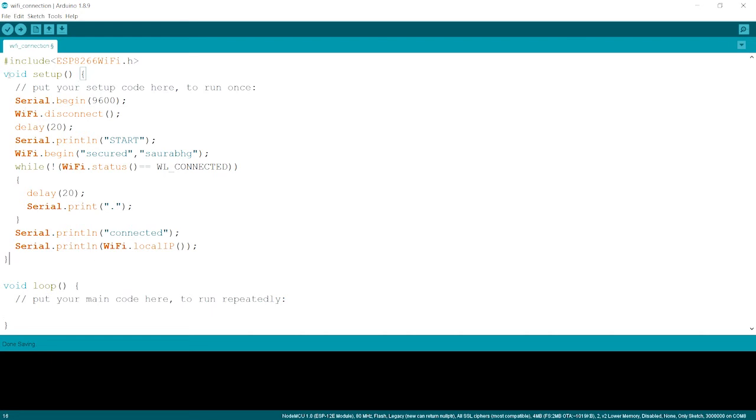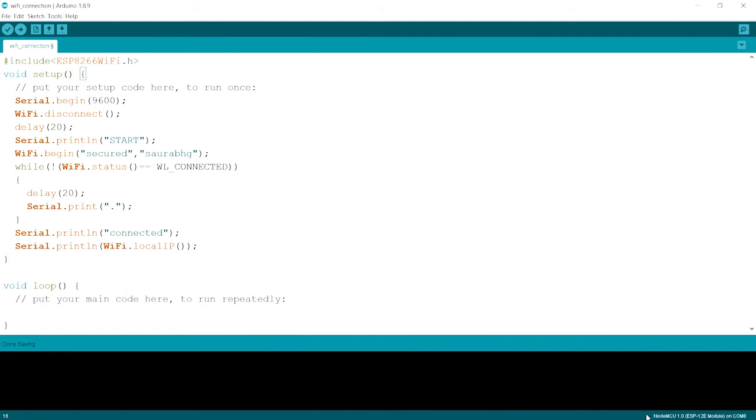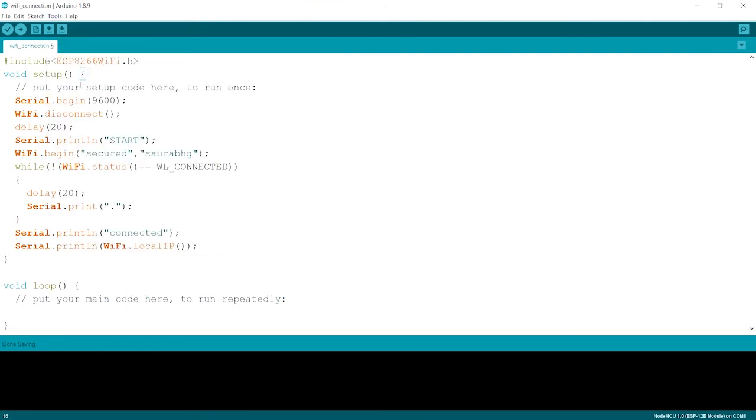So now we'll go to the same following things again. We'll go to the port. We'll select the port. We'll check over here in the right lower corner that it is NodeMCU or not. It is NodeMCU. We will check the upload speed once again, that it is 30. Yeah, it's the maximum speed that we have. And then we will just press the upload button over here.